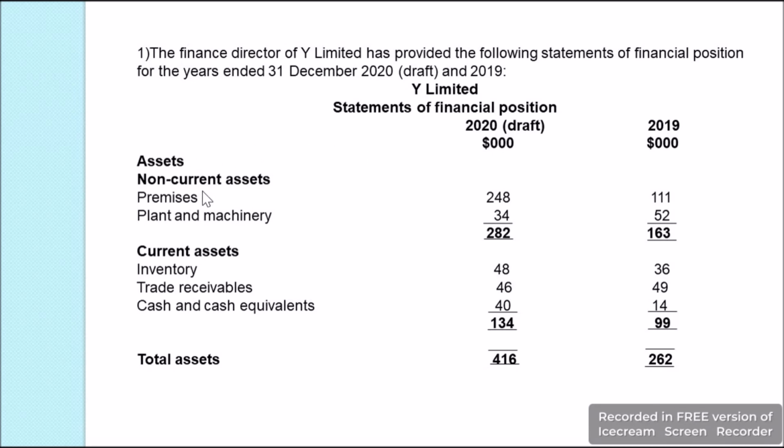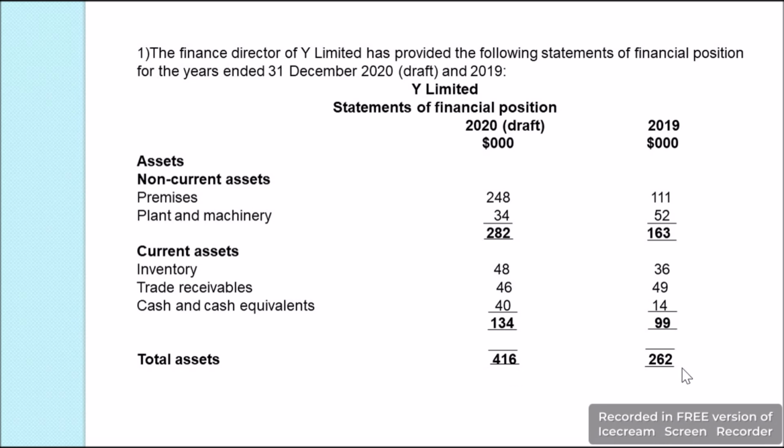First we have assets. In assets we have non-current assets. In this we have premises, which is $248,000 and $111,000. Plant and machinery, which is $34,000 and $52,000, and the total is $282,000 and $163,000. Then we have the current assets, in which we have inventory of $48,000 and $36,000. Then we have trade receivables of $46,000 and $49,000. Then we have cash and cash equivalents of $40,000 and $14,000. When we total the current assets, it is $134,000 and $99,000. Then the total assets, that is the total of current as well as non-current assets, we get $416,000 in 2020